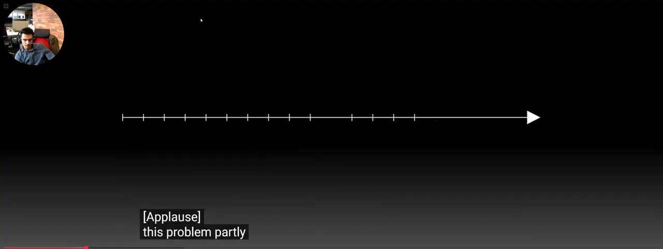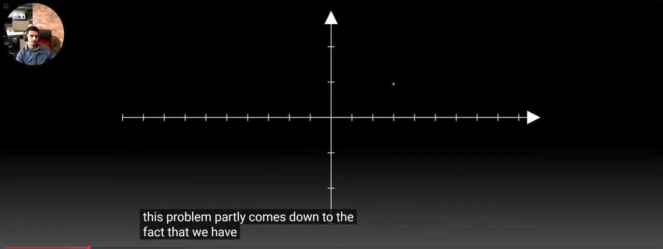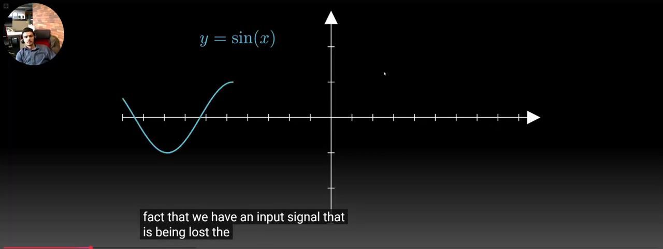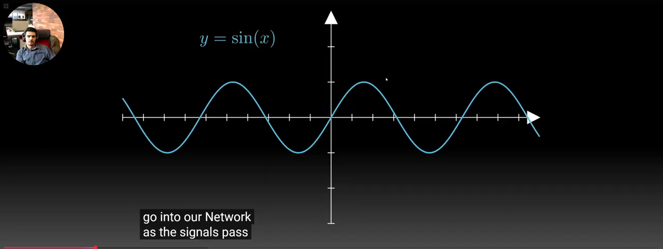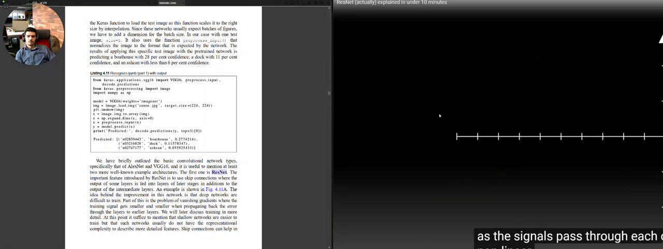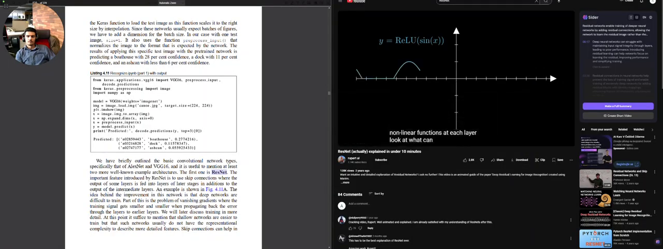This problem partly comes down to the fact that we have an input signal that is being lost the deeper and deeper we go into our network, as the signal is passed through each of the nonlinear functions at each layer. Look at what can happen to a training signal even after